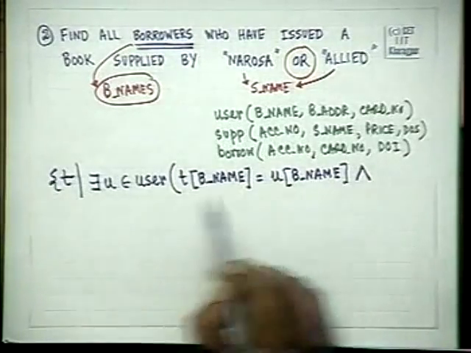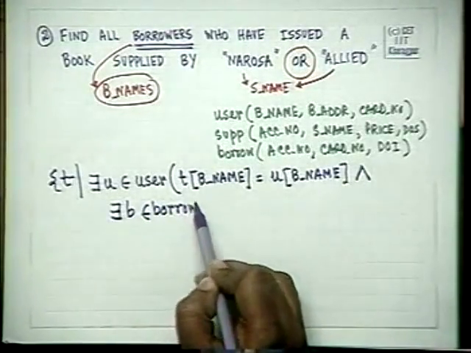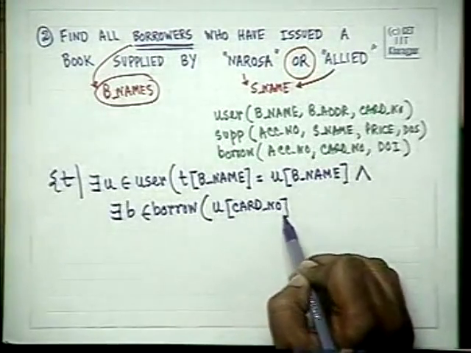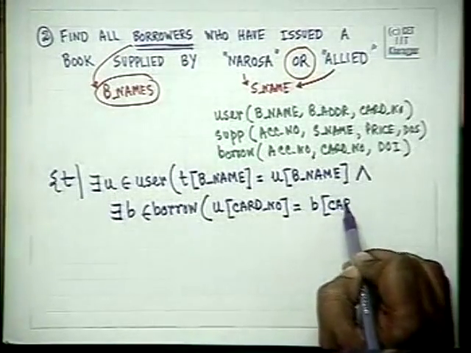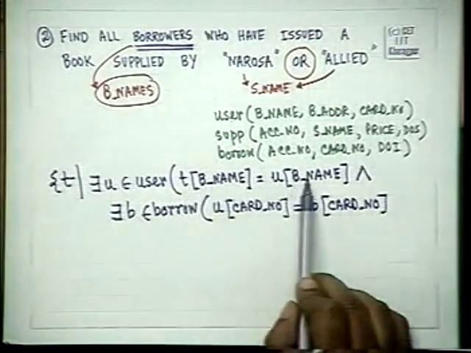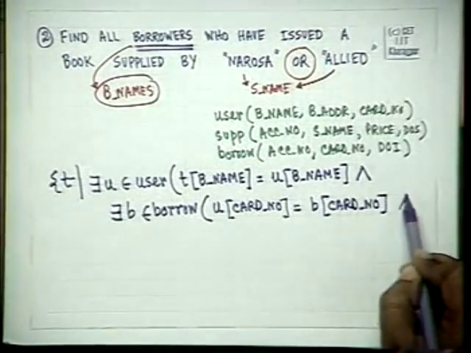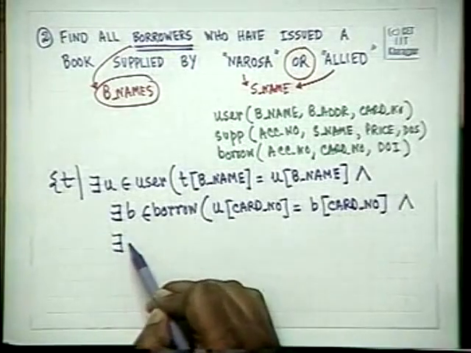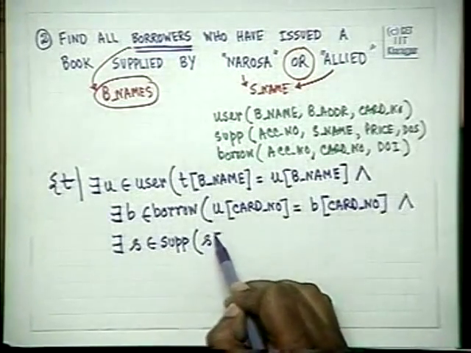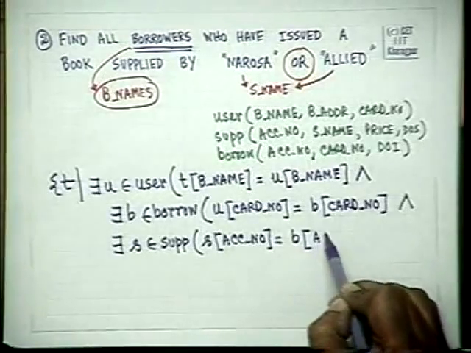So for that there must exist B element of borrow such that U of card number is equal to B of card number, that is, now we have got the tuple must have the same name as the user, and the card number of the user must be existing in a borrow relation, and for this we must have some S element of the sup relation such that S accession number is equal to B accession number,